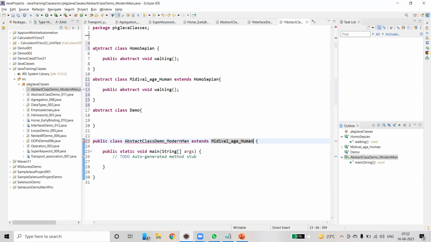First of all, what is the use of abstract classes? At the time of creating a functionality, we are not aware or not sure of the functionality of the function. Hence, we have created abstract classes.